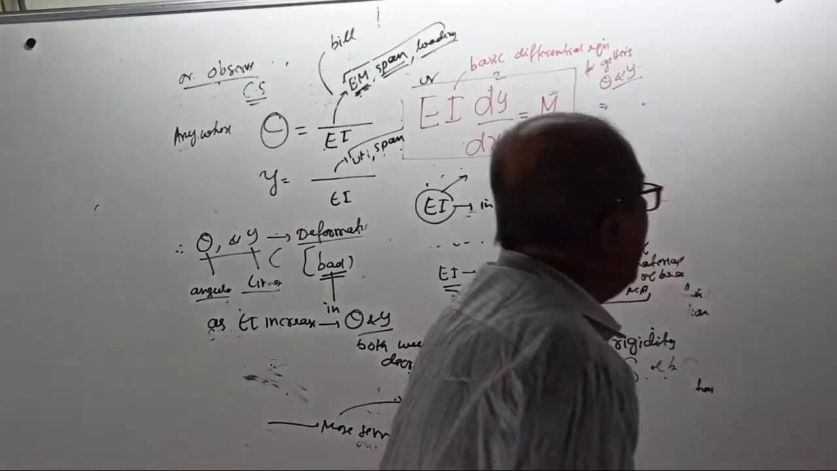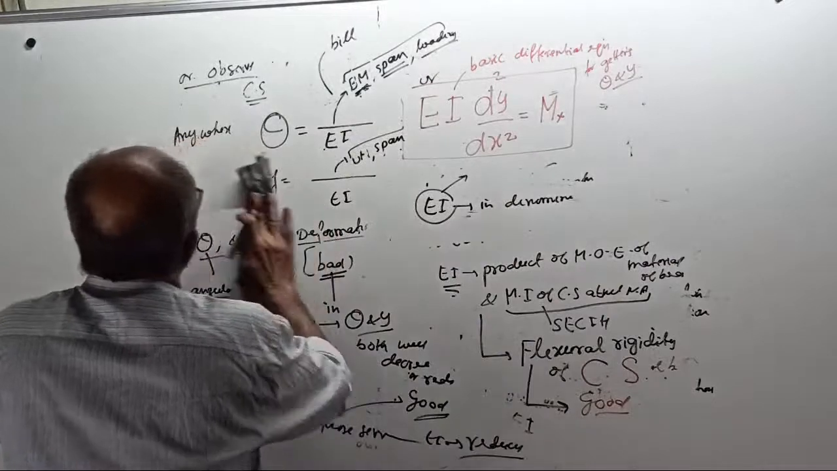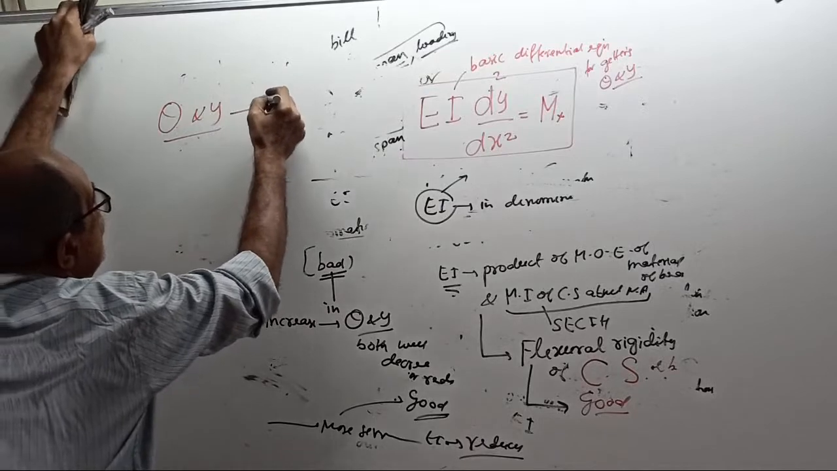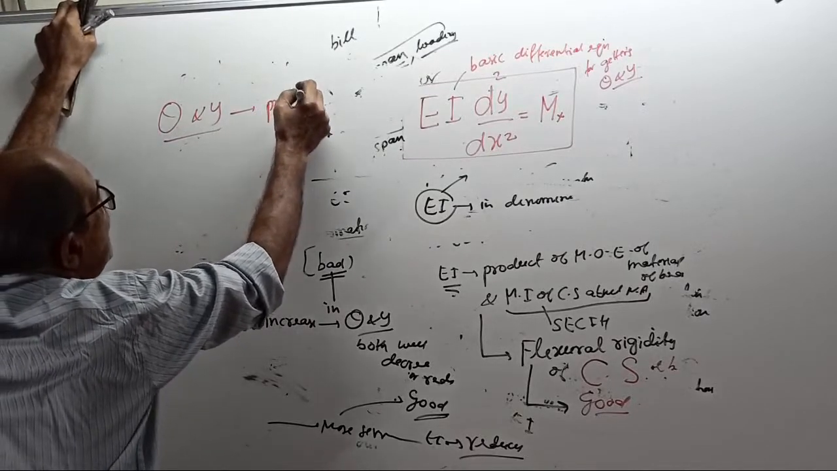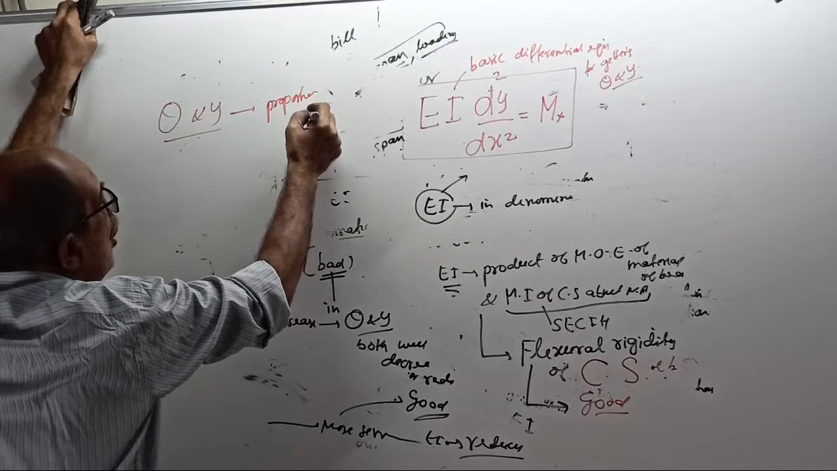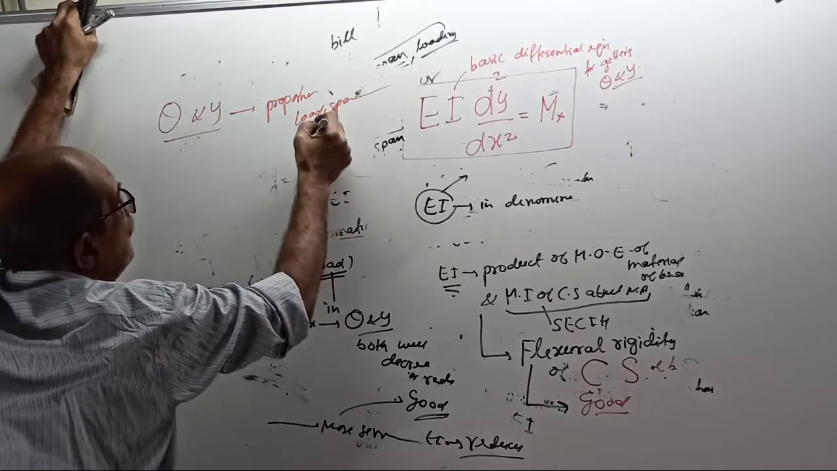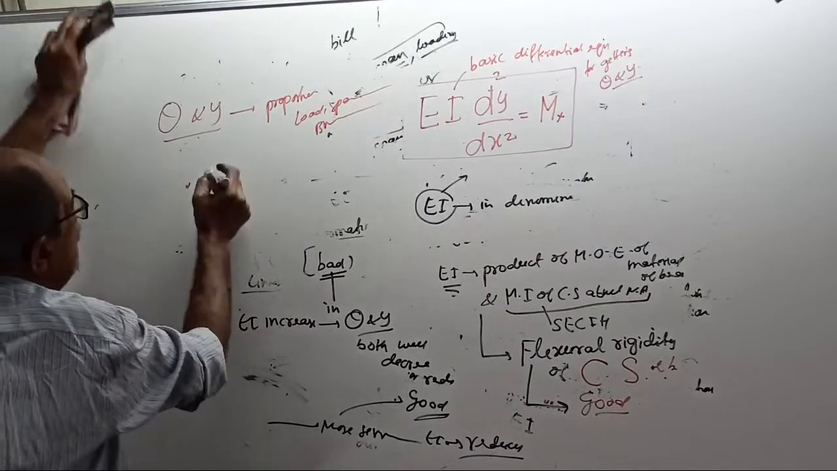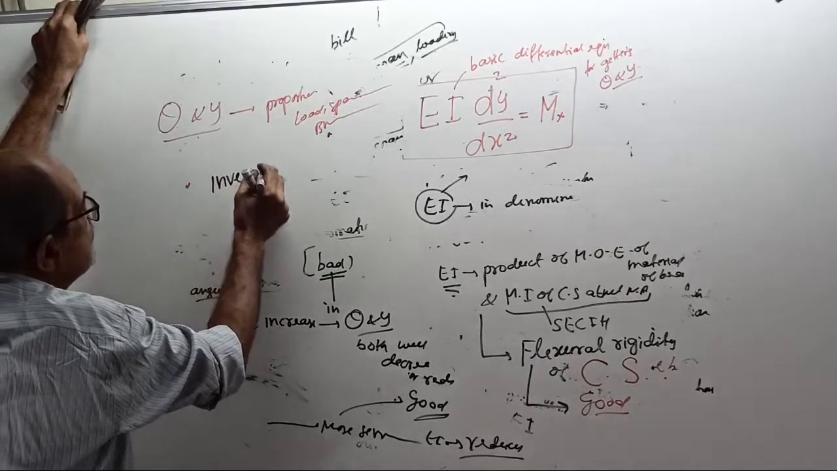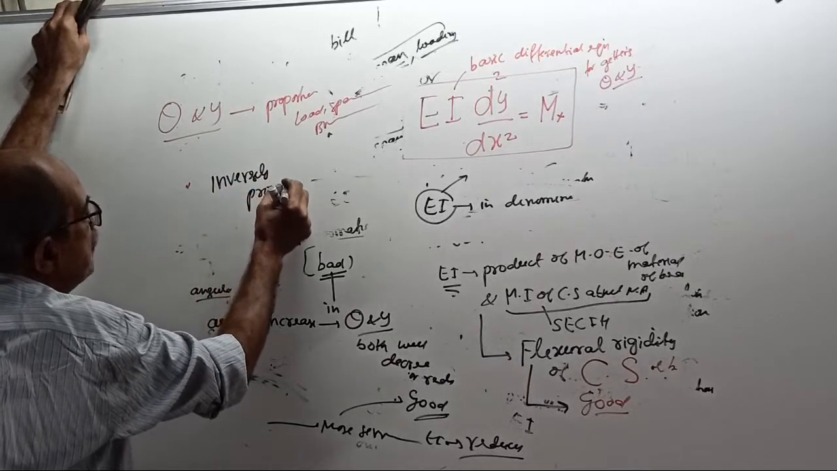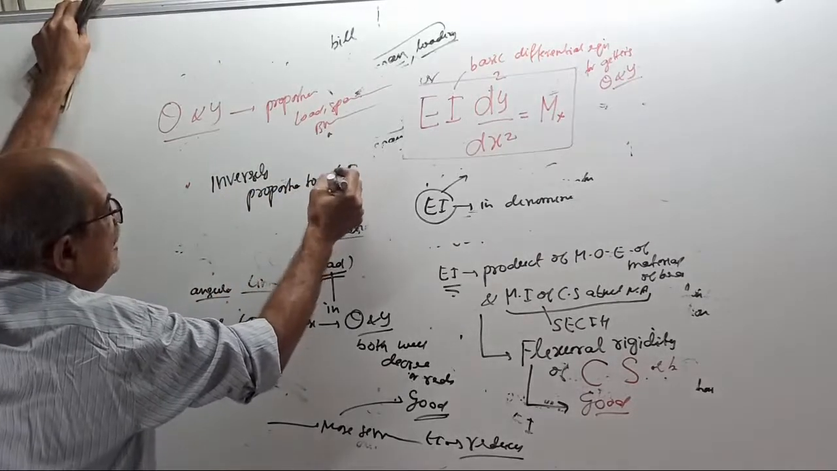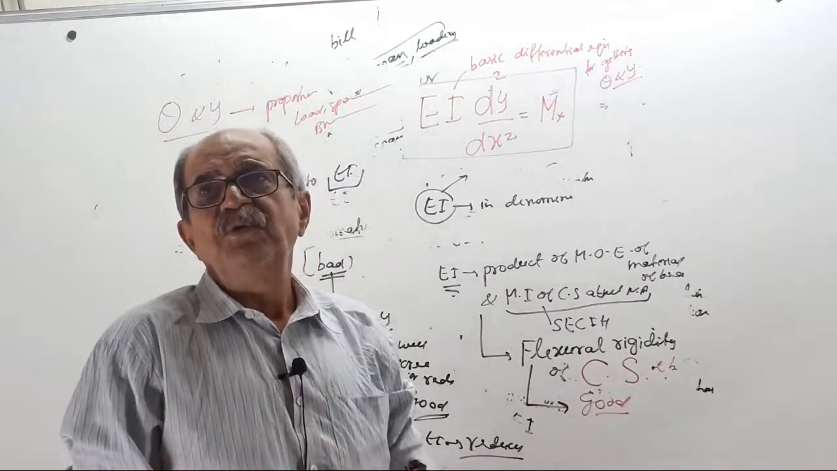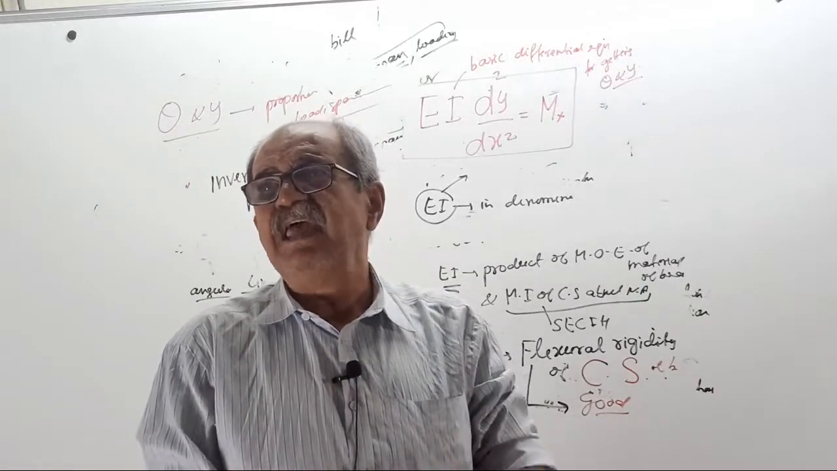Good or bad? Bad. Therefore, remember, lastly, your slope and deflection is proportional to what? Proportional to load, span, etc., which means bending moment, etc. Whereas it is inversely proportional to EI. EI means flexural rigidity of the cross section. So, flexural rigidity of the cross section is what? It is the product of